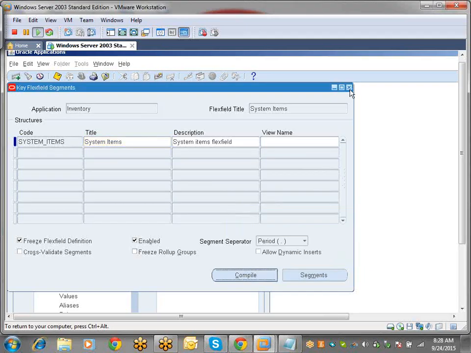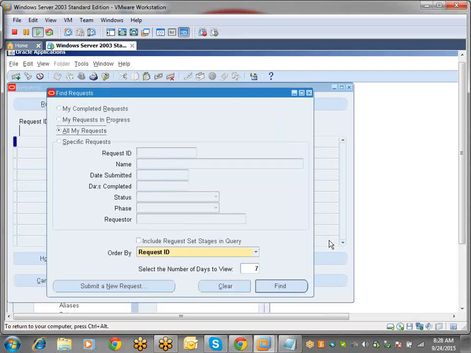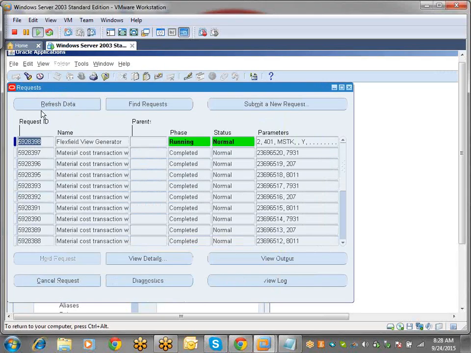Once that request is completed, go to View Request, Find. This concept we already discussed. Now I am talking about system items, but whatever flexfield concept we discussed earlier is the same. It is running. Once this program is completed,